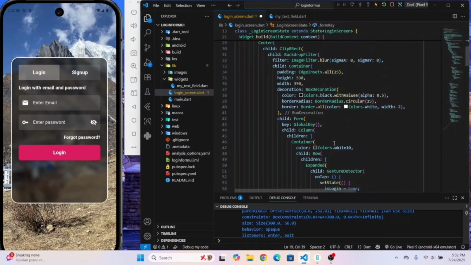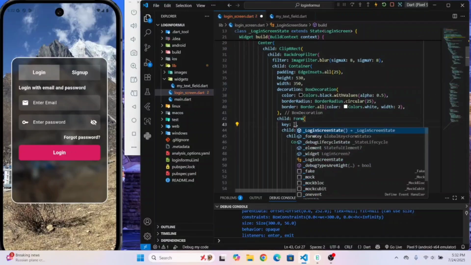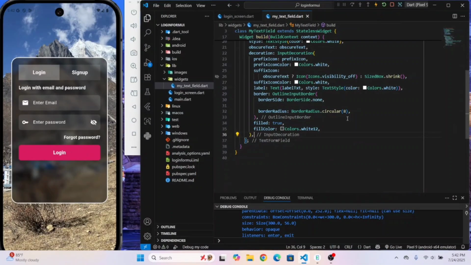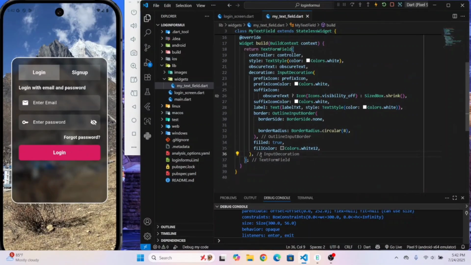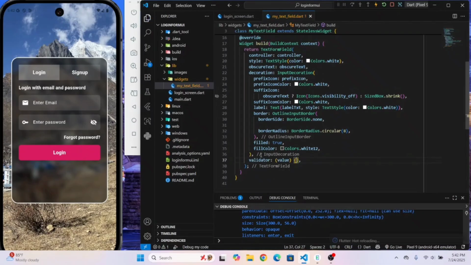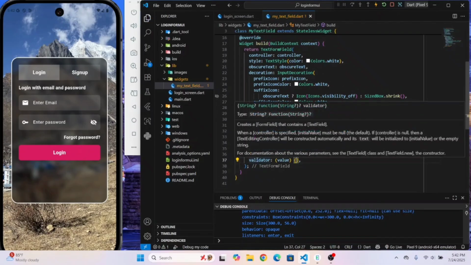Okay, and come down. Okay, remove this and give the form key here like this. Okay, guys, now let's open up this my text field dot file, and here inside the text form field, let's keep the validator and make this blank for now. Okay, now hover over to this validator and just copy this